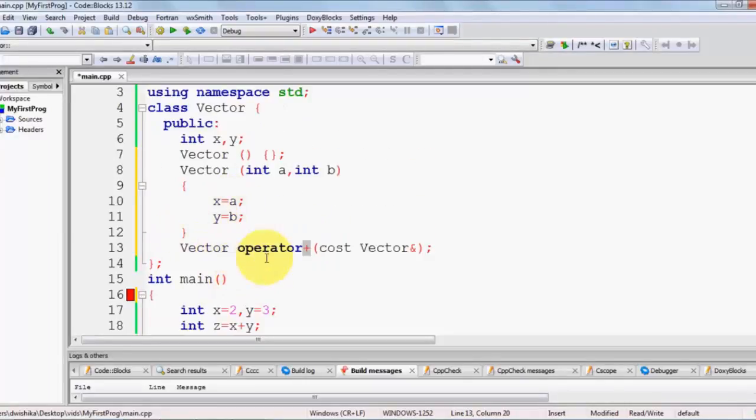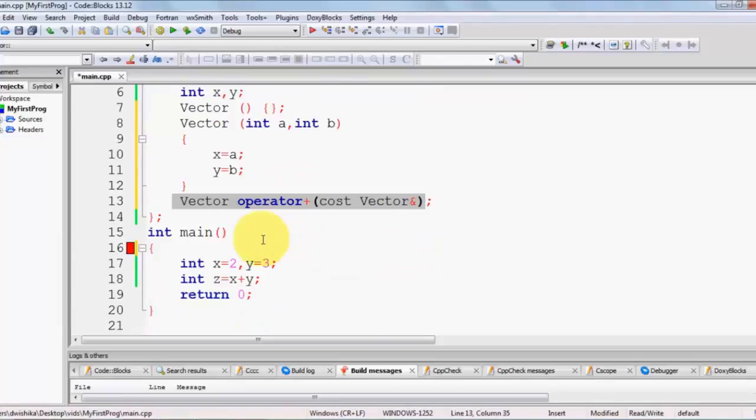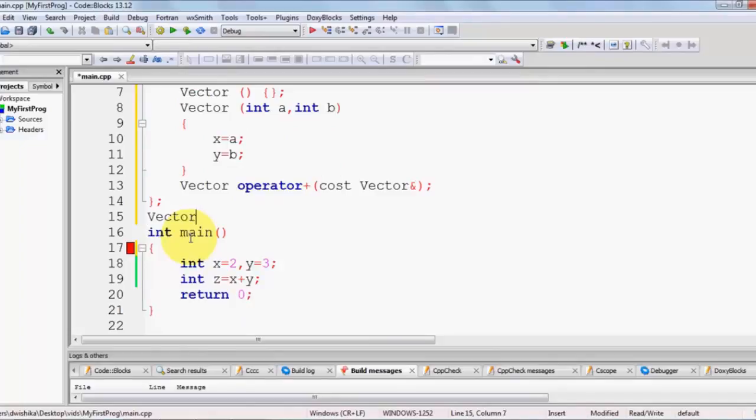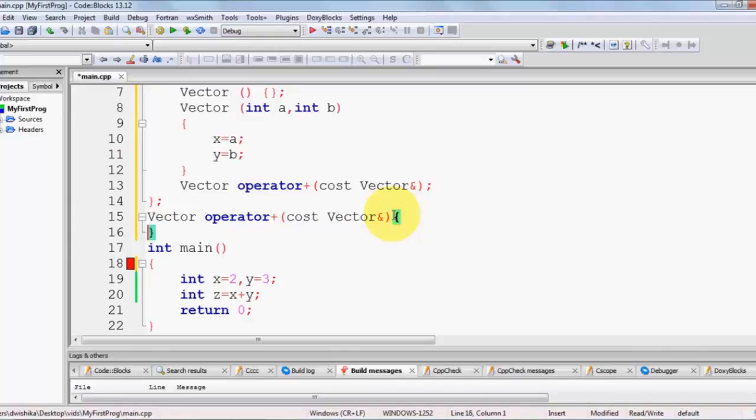Now in order to define or write the source for this operator, we can just copy this prototype from here, and just outside your class we can define this here, right? So I will just copy this and paste it here,